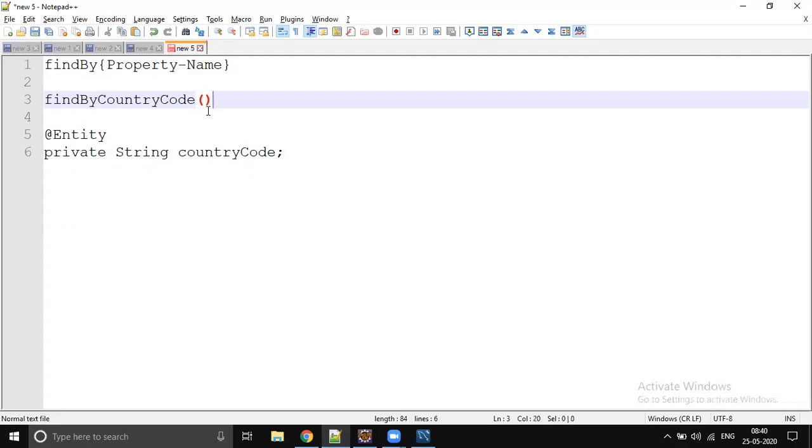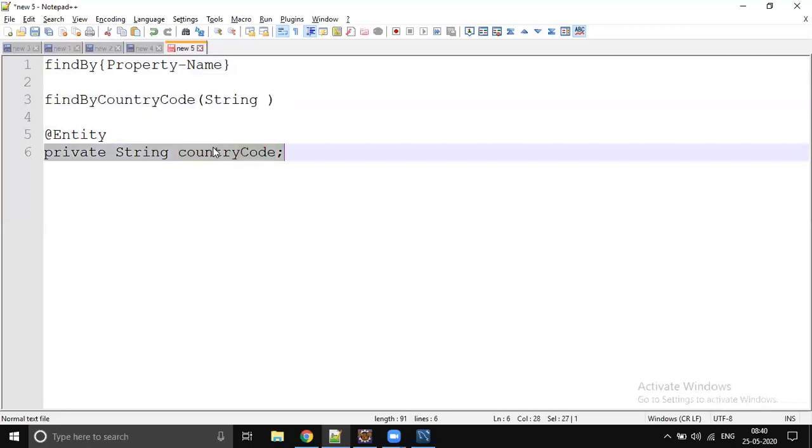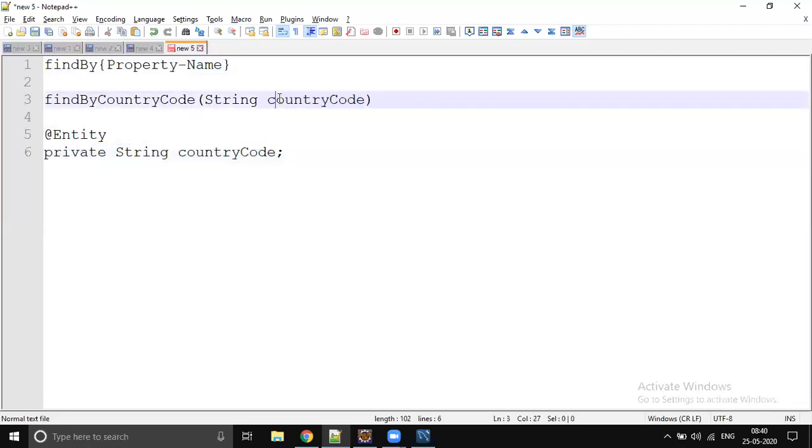When you write like this and you pass the country code, while passing, make sure this parameter and the Java entity property both match. Okay. If it is not matching, I will let you know what to do. But make sure you're passing both the same, right? Country code should match your entity country code property.